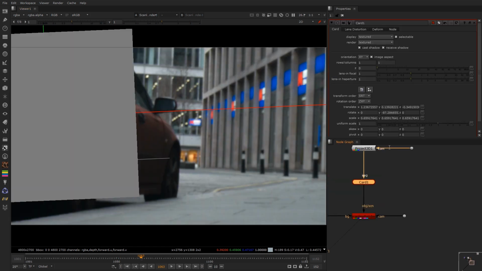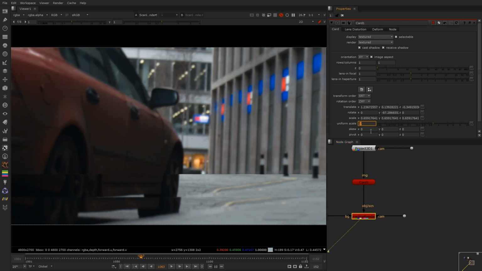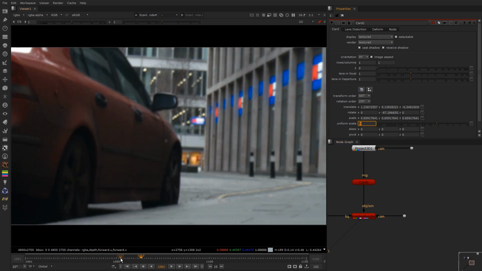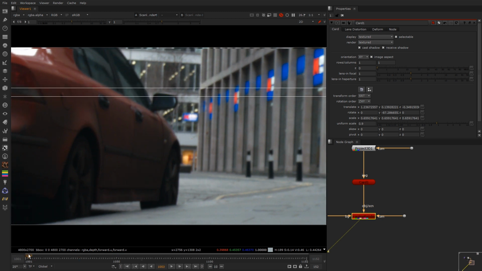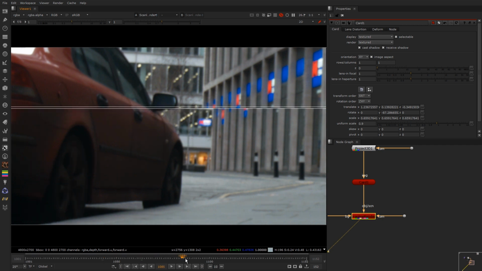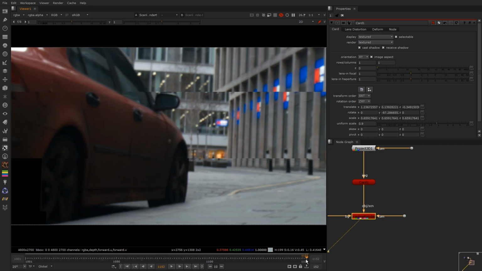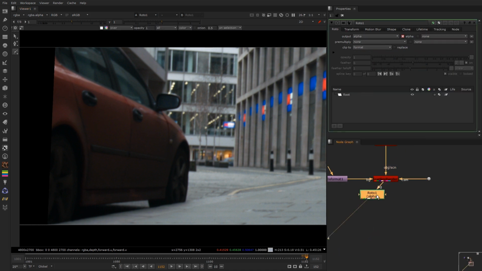And if you scale this up, you can get closer to the image or further away. Now it's stabilized to that point, so you can see the perspective shift. If I scrub through like that, you can see the perspective shift. So this is really helpful if you want to roto quite a lot quick. So all you do is put a roto underneath,